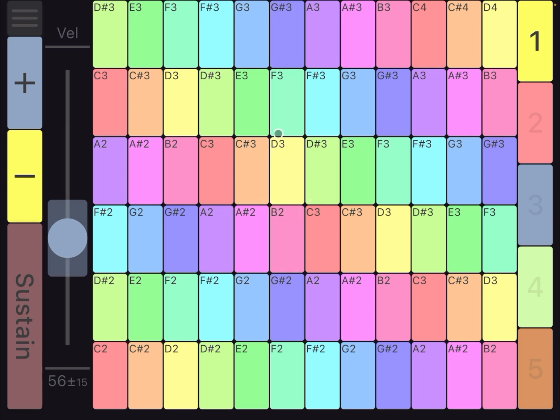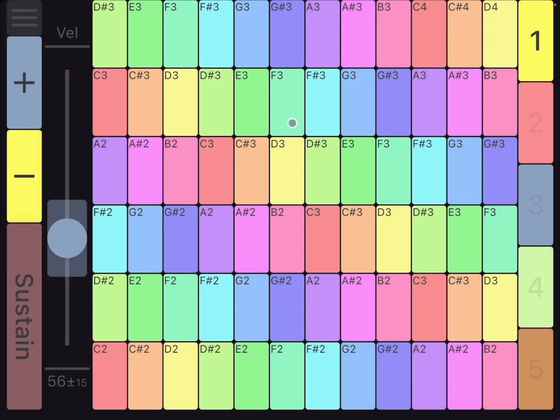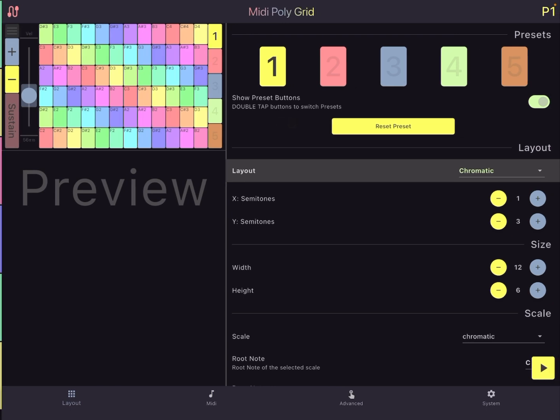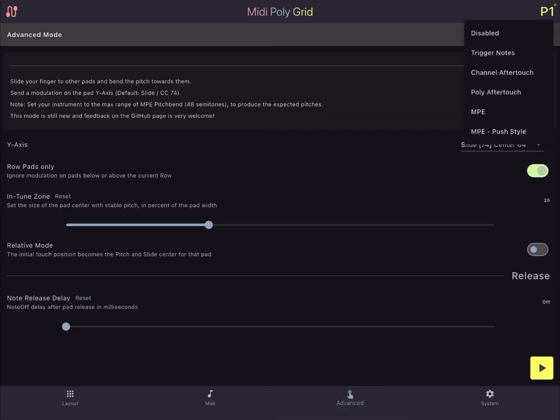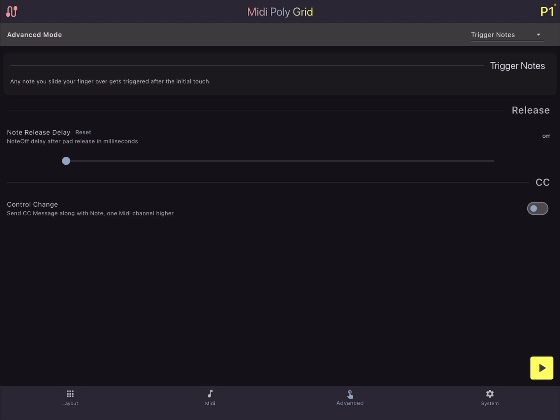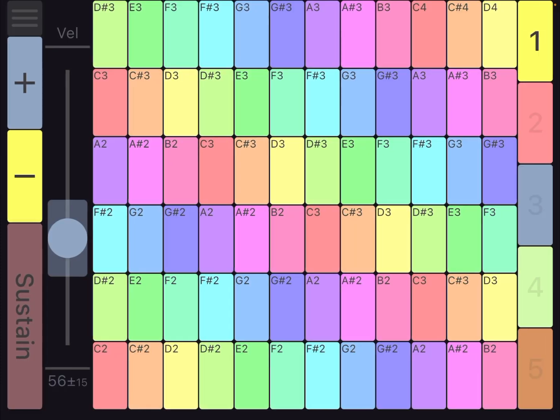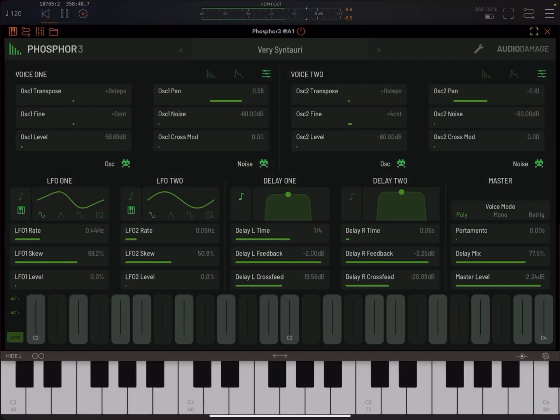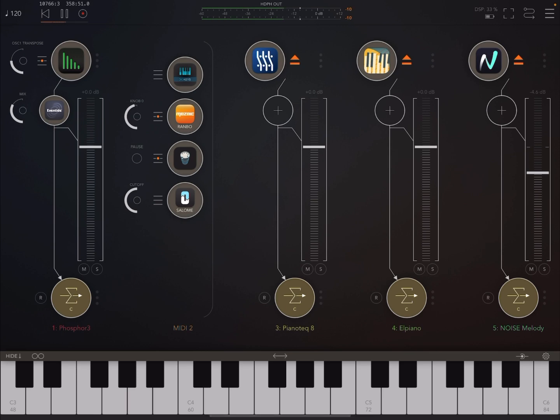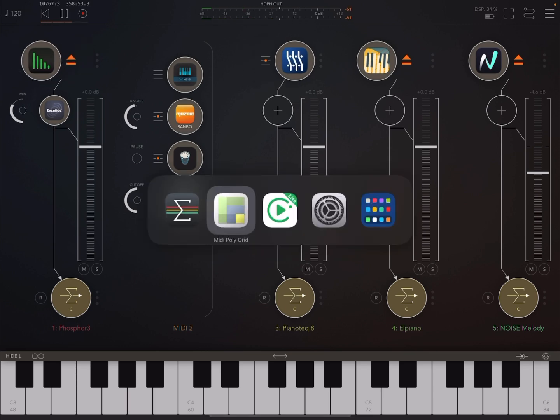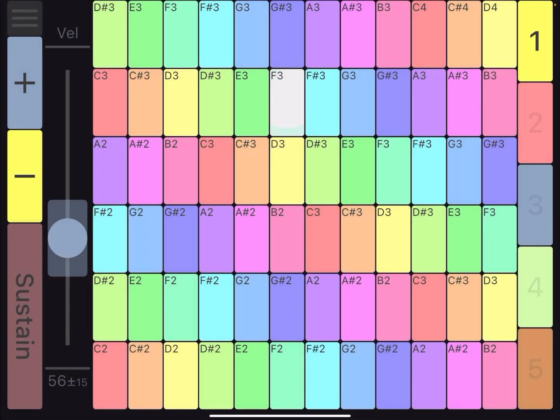So as I said, sometimes notes don't sound because you hit the crack. Let me just change this back. So let me just see here what mode we're on. Advanced. Let's put it back to trigger notes. And let me go back in here and choose Piano Tech again. Okay, so